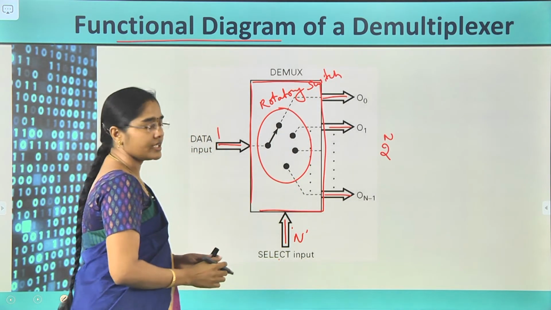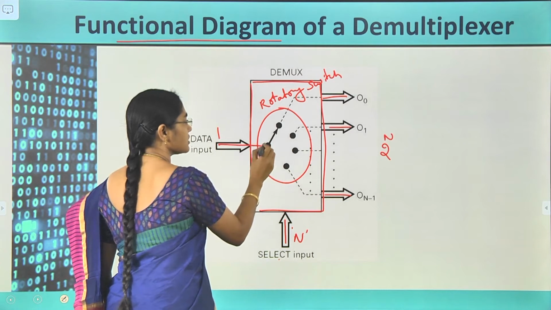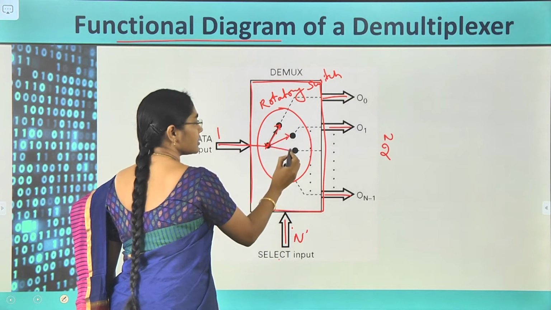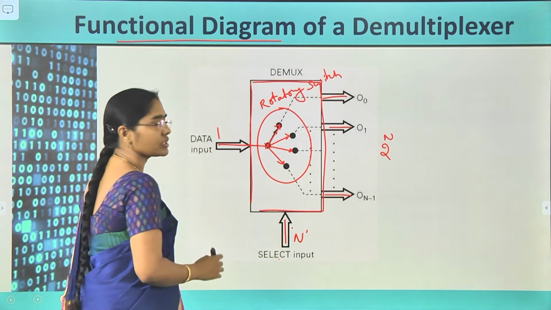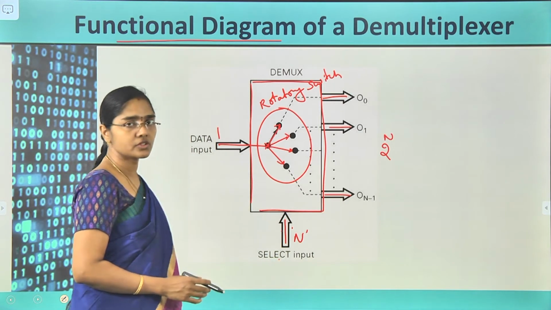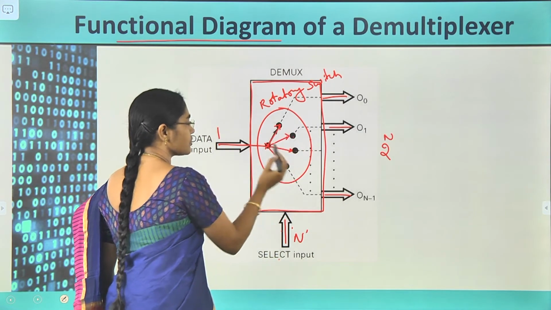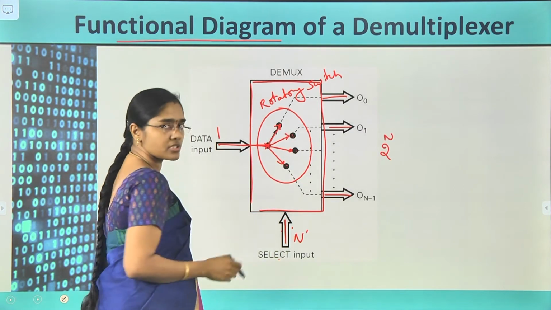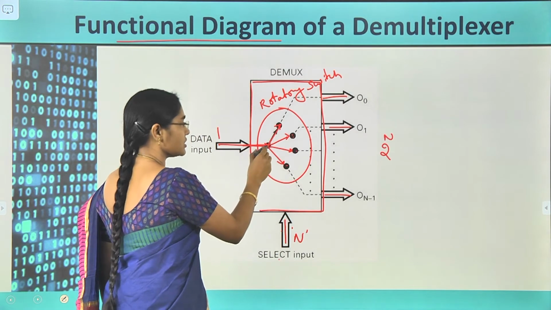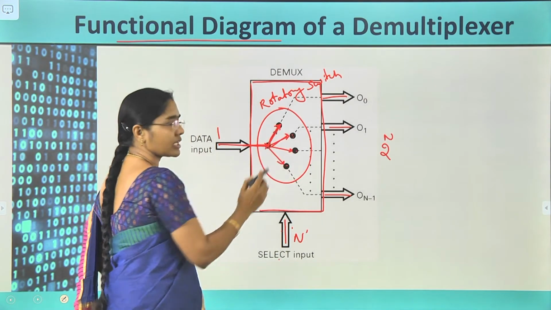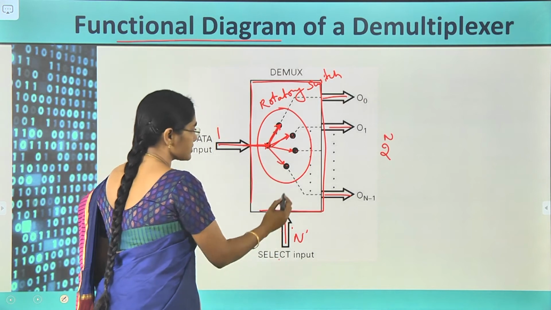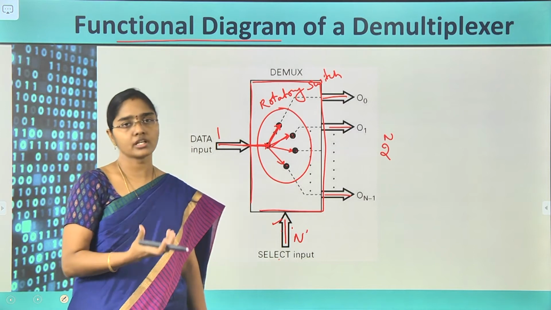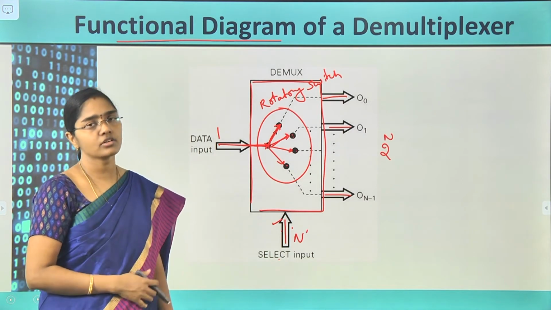It means it is having one input switch. That switch position is going to be connected to any one of the output switches depending upon the selection line. So, here we have many positions of the switch and one input position, and all these are called output positions. This input position is going to be connected to any one output position at a time depending upon the selection line. So, its functionality can be understood by the function of a rotary switch. It can be modeled as a rotary switch.